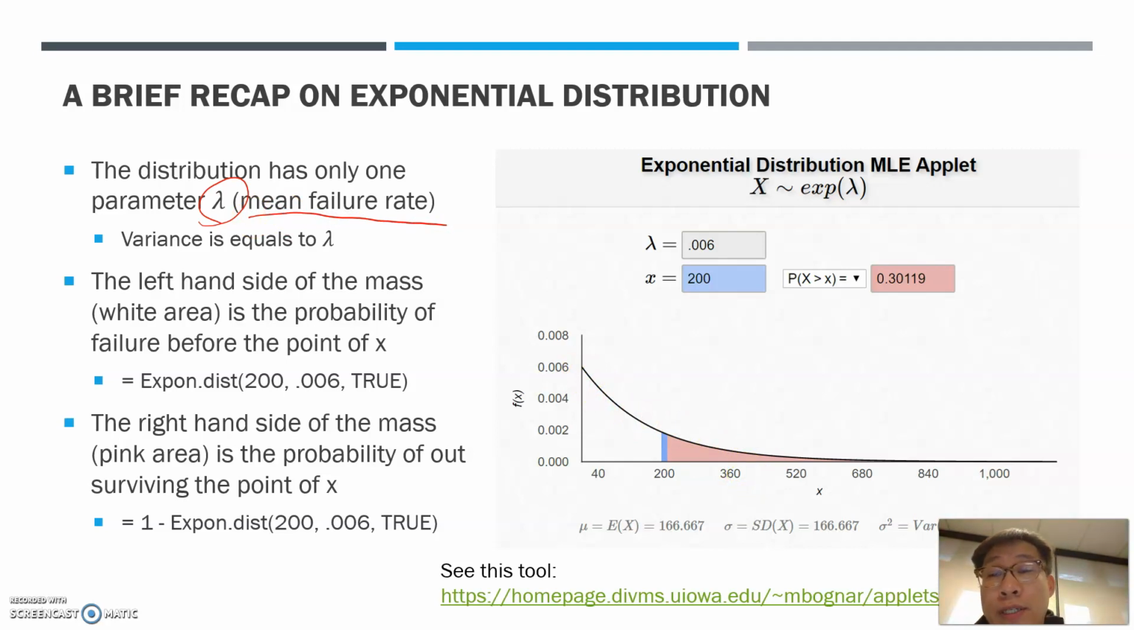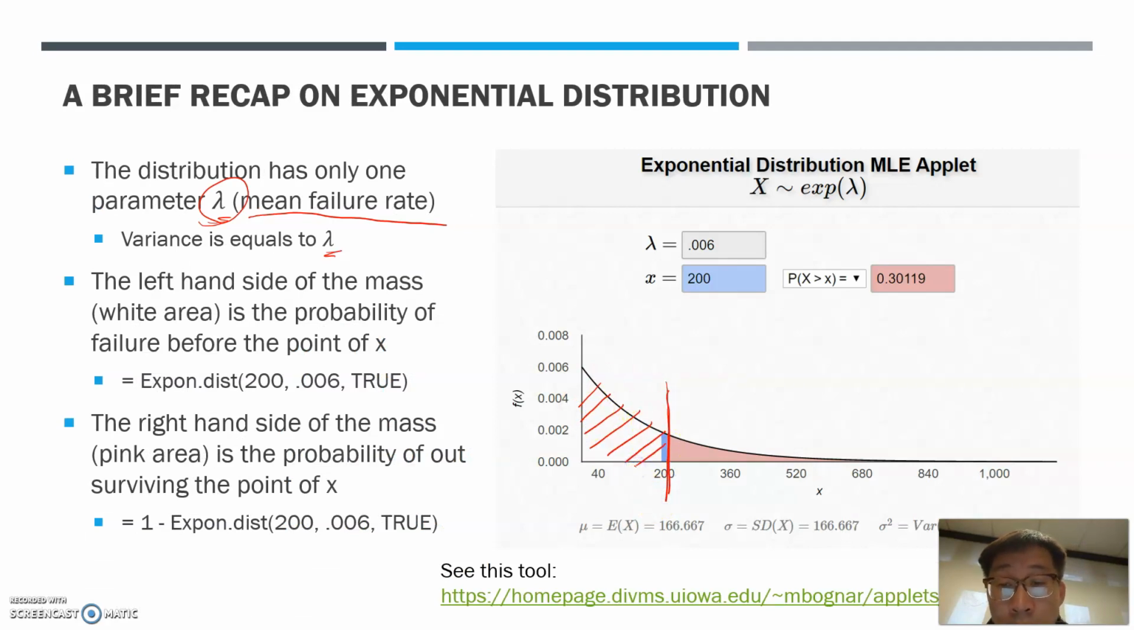The variance is actually equal to lambda. It's not that this distribution doesn't have variance. It's just that the average and the variance are the same. That's very convenient. And the left-hand side of the mass, which is here,